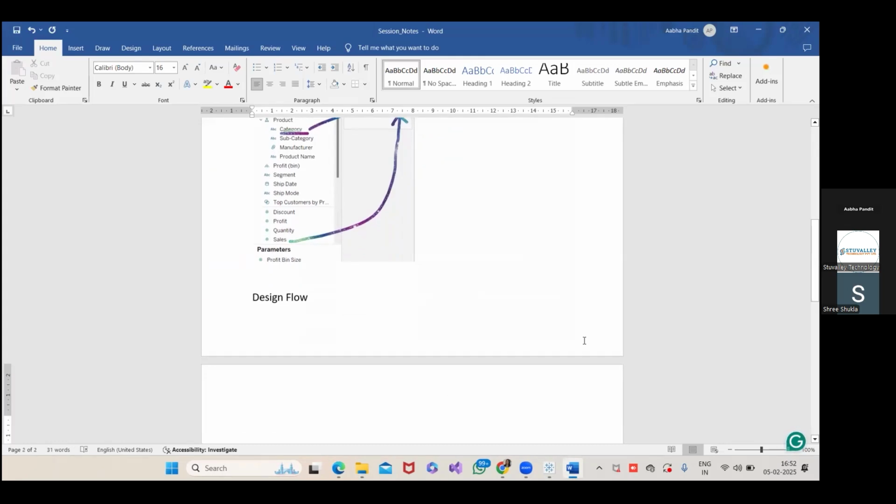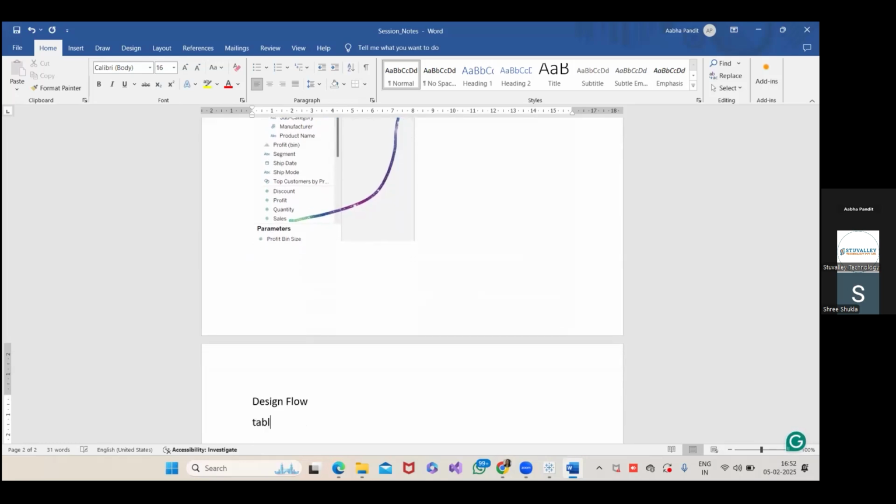Now, what is design flow in the Tableau? As we know, Tableau is analyzing a lot of data with respect to various dimensions and the measures, right? So this tool we are using